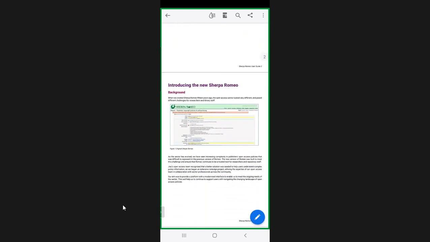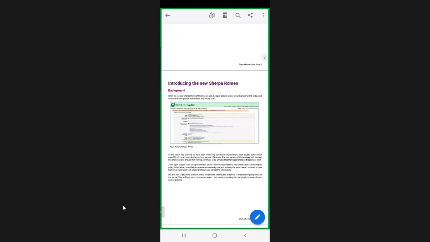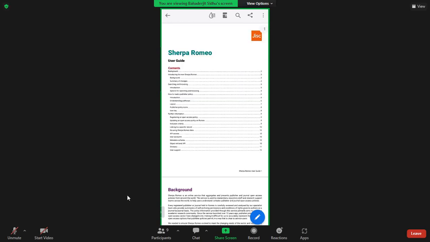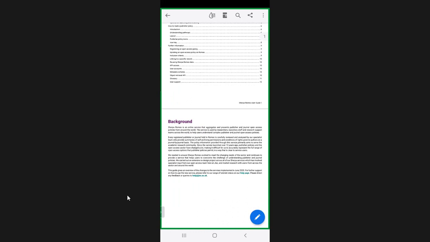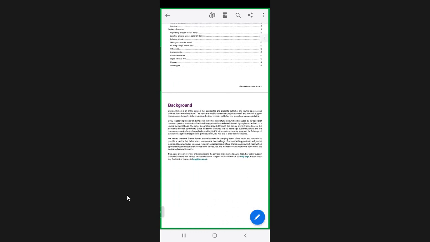Is it in Web of Science or not? And this is the tool that helps you to identify the legitimacy of the journal. Is the journal indexed? Does it have an impact factor or not? This tool is called the Sherpa Romeo tool. It is kind of an online service that helps the authors to find